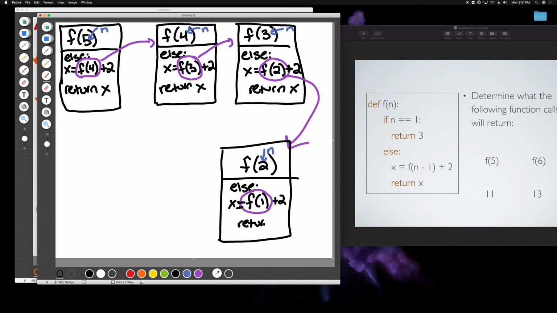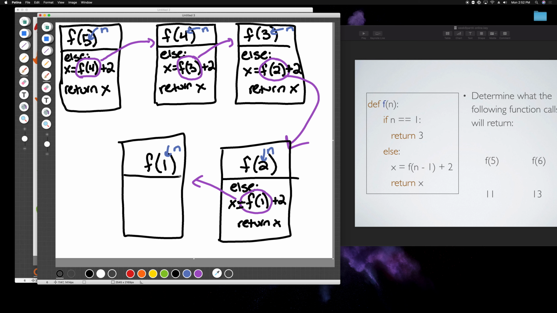Alright, we got this function call here, f of 1. n is 1. Draw our outline. Now this is where it finally gets interesting, right? We talked about how with recursion there has to be a case that handles the simplest input. We finally hit that case, where n is equal to 1. So we're in the if, which means we return 3, which is awesome because when I look at this outline for f of 1, there are no function calls. So because there are no function calls left that I need to outline, I know that I'm now finally done